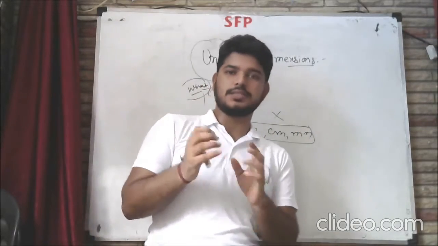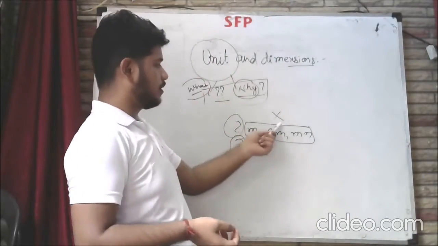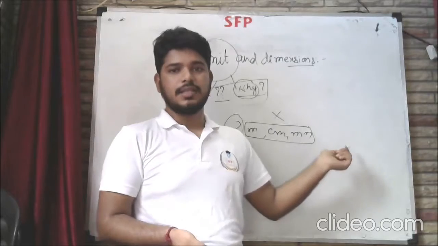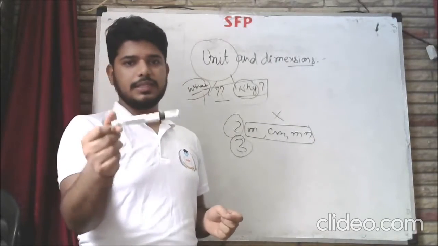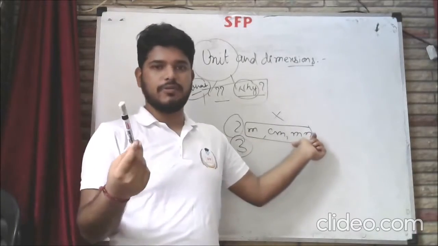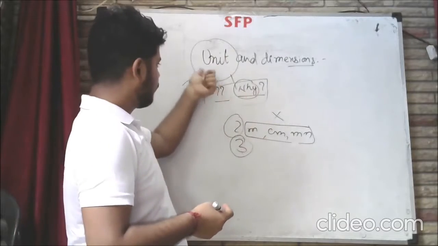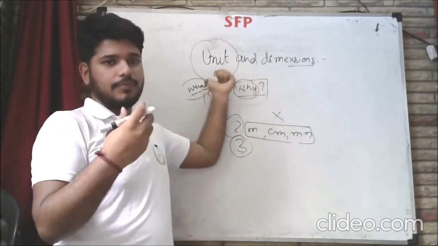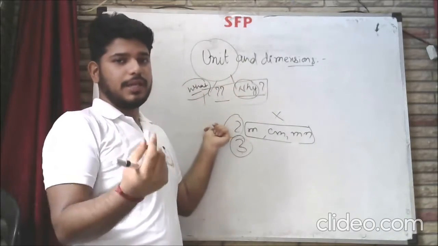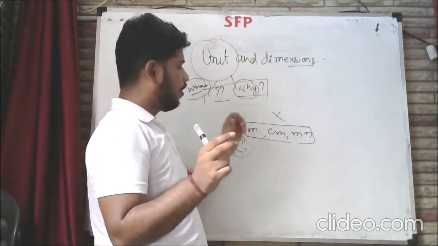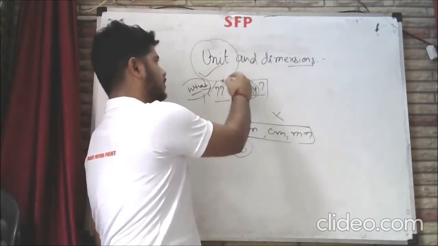To tell the amount and values of any substance or anything, we need units. Without a unit, it is meaningless. If I say the length of this marker is 2, it can be 2 meters or centimeters. If the unit is not present, you cannot define it. So first, what is a unit and why do we need it? Unit is a value that is very important to define a specific amount or quantity of a substance. That's why we need units.